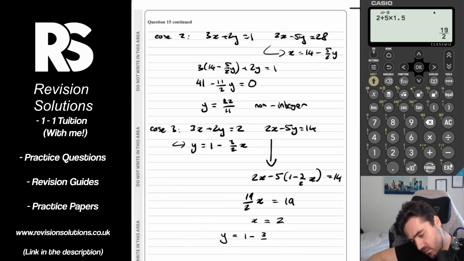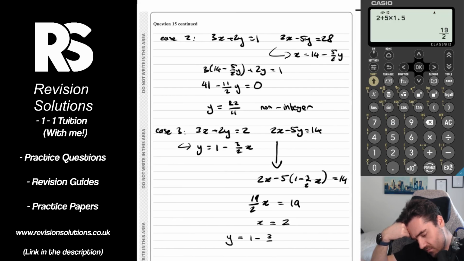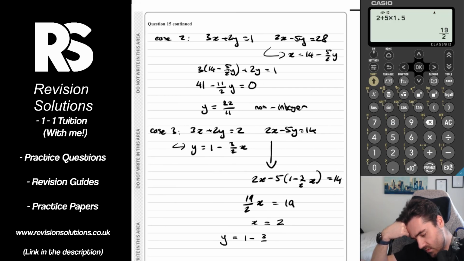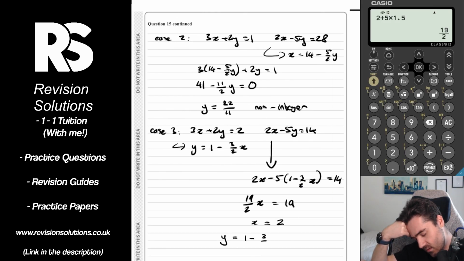Oh shoot, what have I done wrong? Made a mistake, sorry guys, let me have a little look. So we were doing case 2, which was 2 and 14. I've written the equation, is that right? Yeah, 3x plus 2y equals 2, 2x minus 5y equals 14. Oh, there it is. That's a 2, not a 1. Sorry about that. That's a 2,